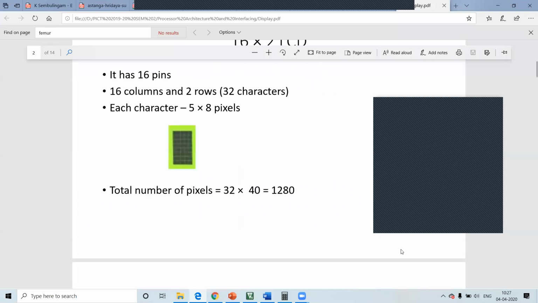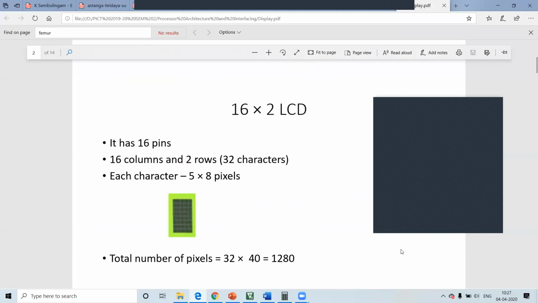So the one which we use is this 16:2 LCD. This display has 16 pins, 2 rows and 16 columns. So it means the display can display 32 characters at a time.